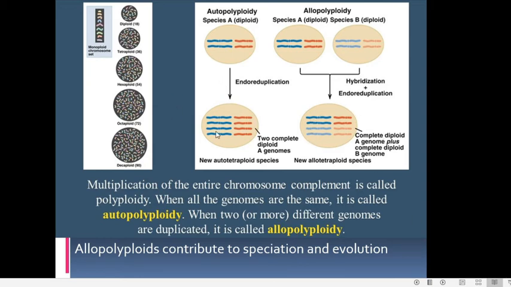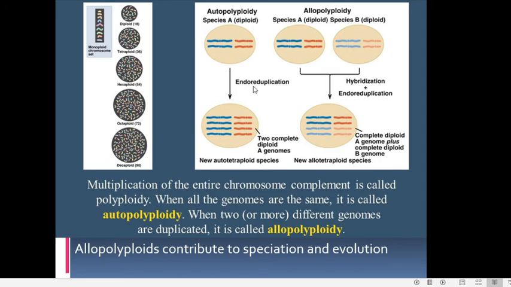So here you can see this is a polyploid cell where this particular chromosome has 3 more copies. That means it is a tetraploid condition, but they are all the same. And here this chromosome is also in 4 copies. So here also you can see tetraploid condition. So all the basic chromosome set is repeated 4 times. That is why it is called tetraploidy, and all the chromosomes are similar. This arises by chromosome doubling or endoreduplication.